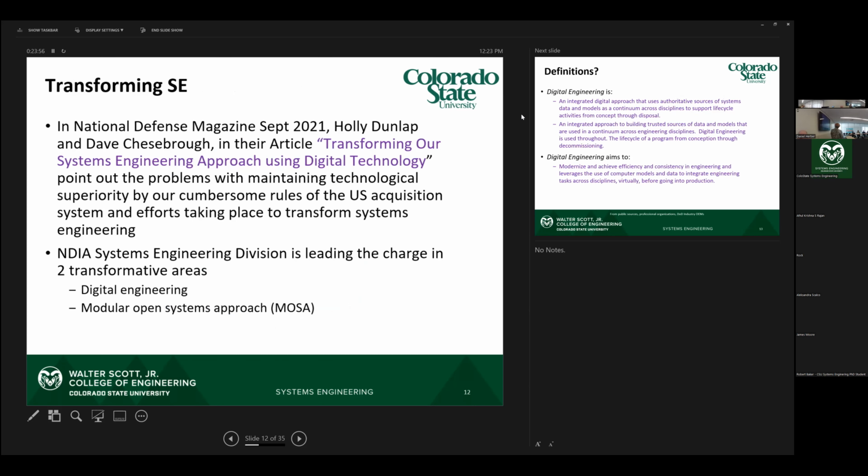So, transforming systems engineering, two of the things that they're really going to be counting on and focusing on are digital engineering, everybody's got to go to digital engineering if they want to work with the government, and a modular open systems approach. So this is getting to be really interesting. You think about it, and particularly those digital resistant people, the first thing they're going to say is, why are we doing this, right? If it ain't broke, don't fix it. I've heard that. It's not that, we can do it better. It's just, if it ain't broke, how do we fix it?